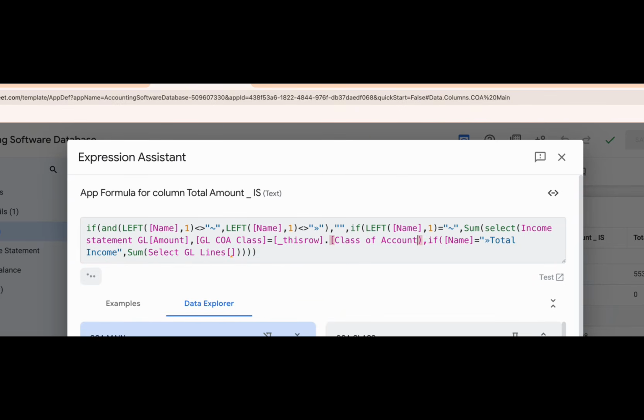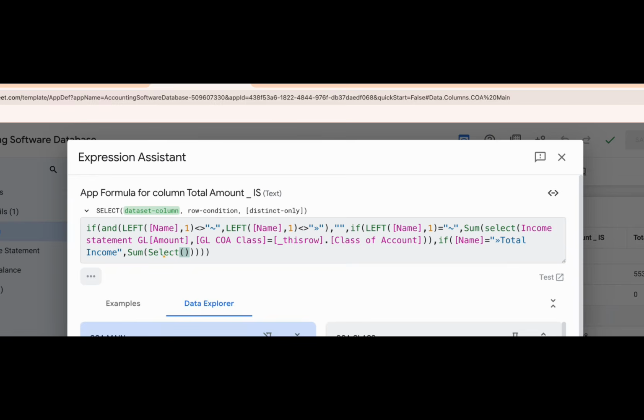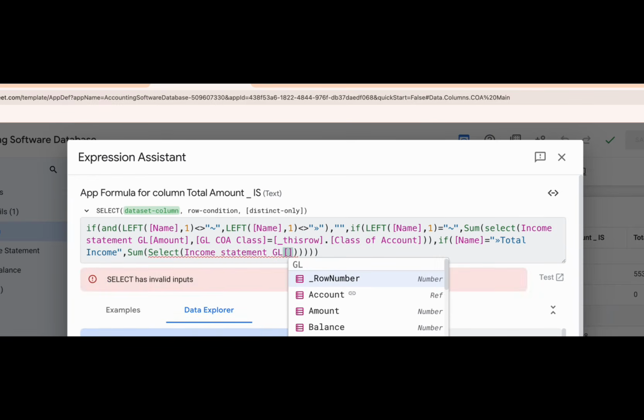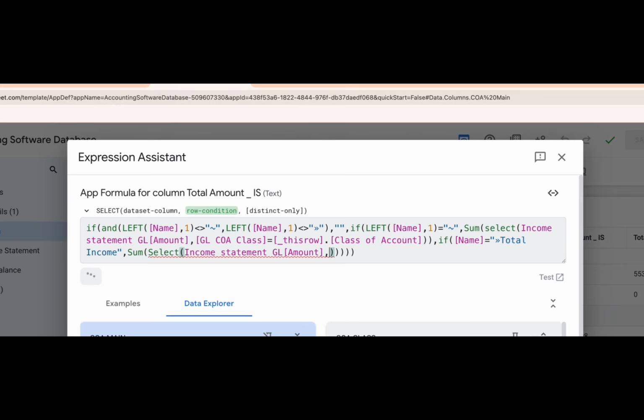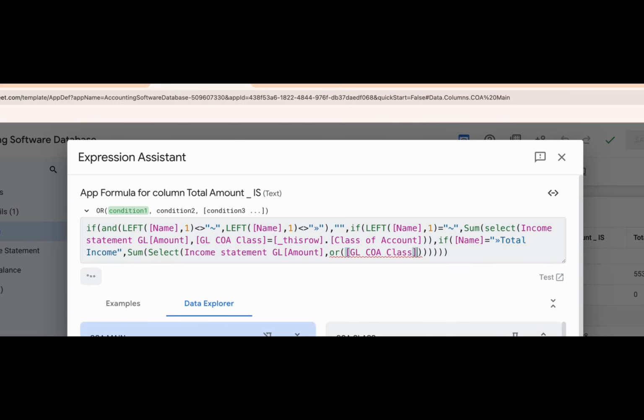No, hold on, undo. Sum, then select as a function. Good. And we're going to say income GL, amount. And this is where the conditions come. So we need two conditions, where GL class of account is equal to